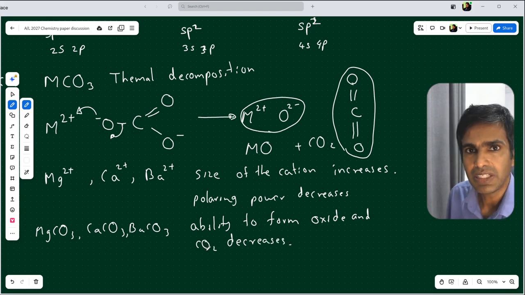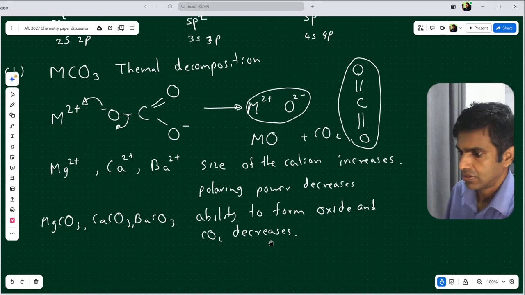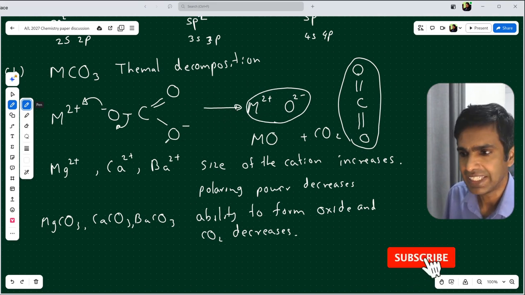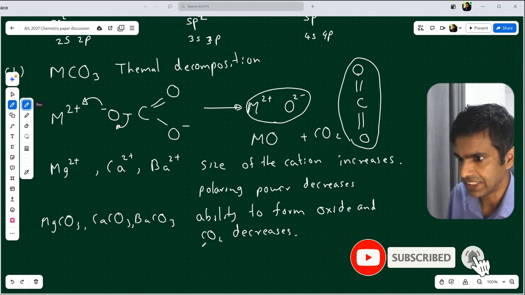So if that ability decreases, we need to supply external energy to decompose the given carbonate to oxide and carbon dioxide. So the ability to form the oxide and carbon dioxide decreases. That means the stability of the carbonate increases. It doesn't tend to form oxide and carbon dioxide. That means stability increases. Therefore, it's clear that in this order,